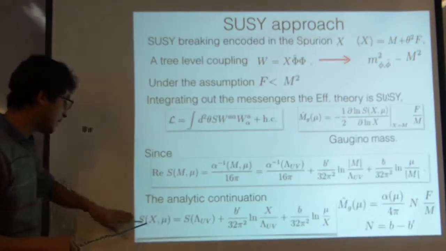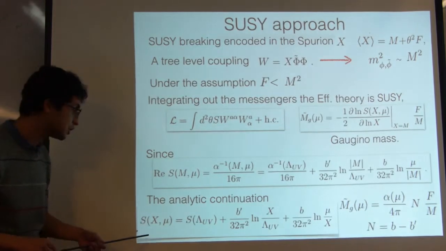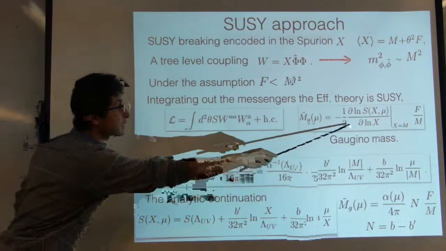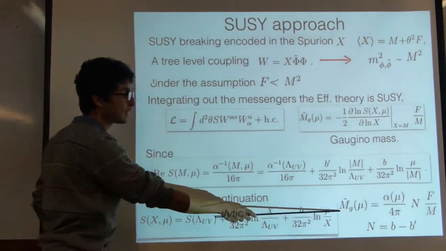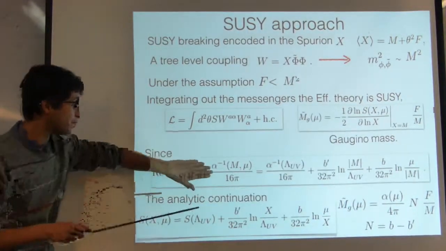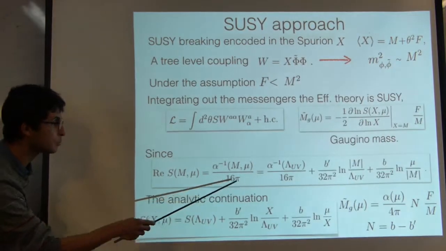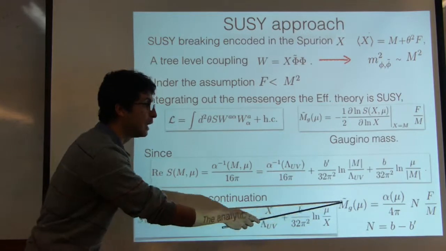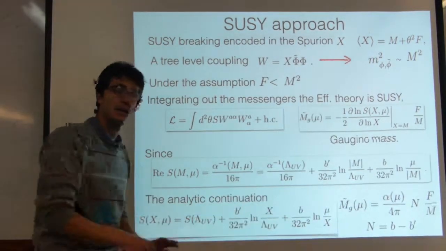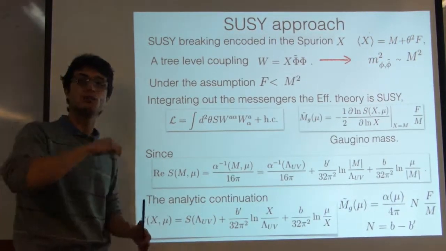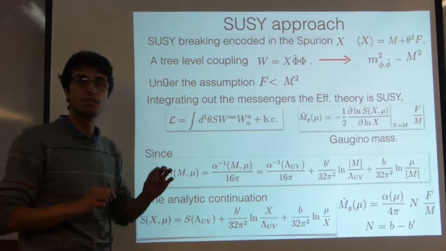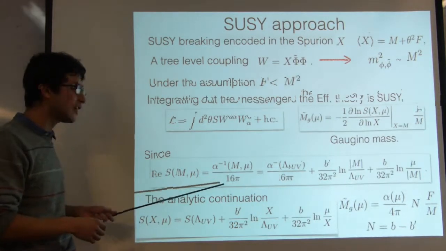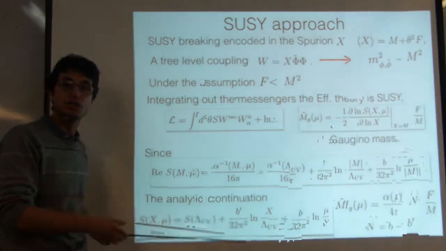So now I have the gauge kinetic function with the full dependency on X, and I can compute these derivatives here that give me, at one loop level, because this is a one loop computation, the gaugino mass. And this actually coincides with the computation that you would extract by doing the loops and the explicit computation, but you see here it is just a matter of computing this RG evolution of the couplings.